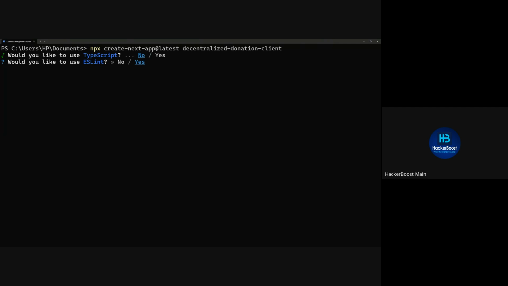Would you like to use ESLint? No, I'll say no. Would you like to use Tailwind CSS? Yes, my favorite. I like Tailwind. So we're going to use Tailwind. We select yes. Would you like your code inside